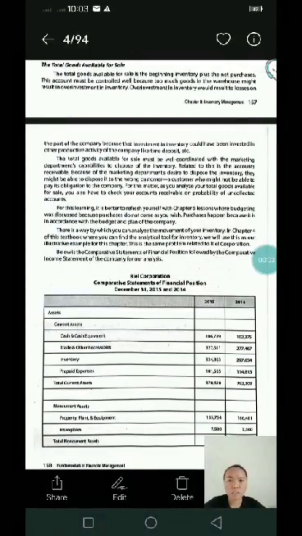So the total goods available for sale. The total goods available for sale is the beginning inventory plus the net purchases. This account must be controlled well because too much goods in the warehouse might result in overinvestment in inventory. So when there are too many products in the warehouse that are not disposed of, it will result in overinvestment. So overinvestment in inventory will result in losses on the part of the company,